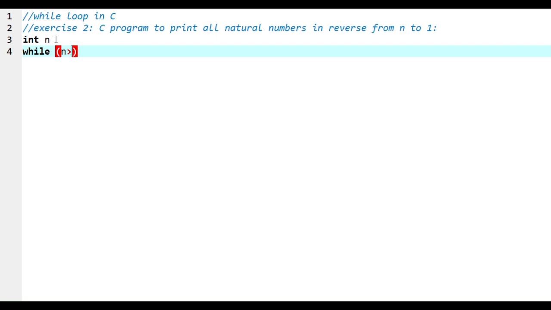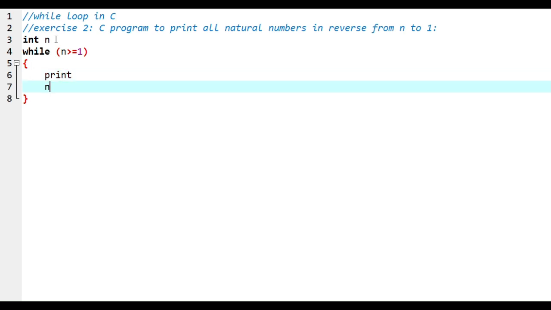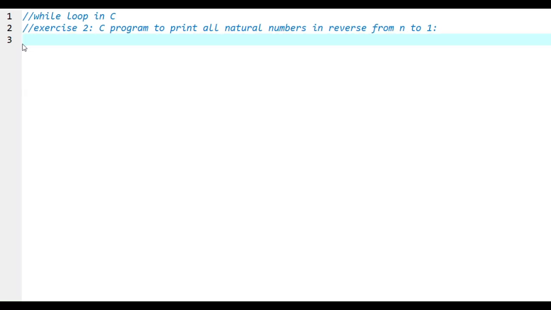n is greater than or equal to 1, and I need to print the natural number and n minus minus. Why minus minus and not n plus plus? Because I need to print the natural numbers in reverse. And finally return 0. Let's write the code, and let's start with hashtag include